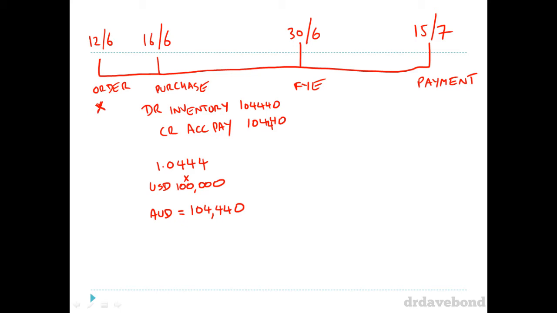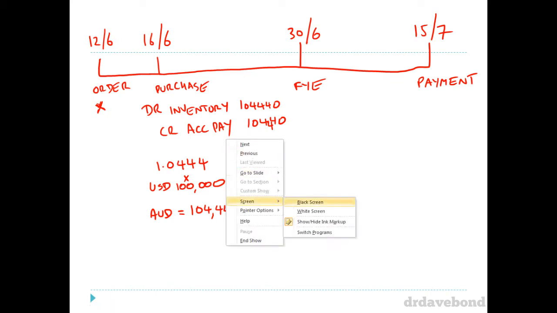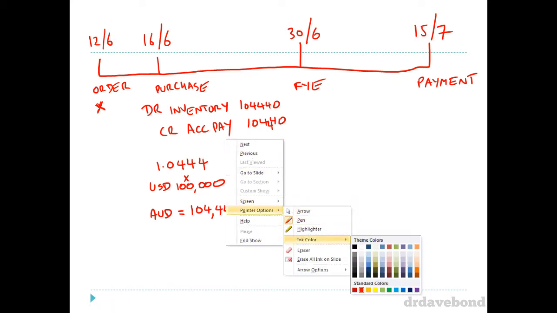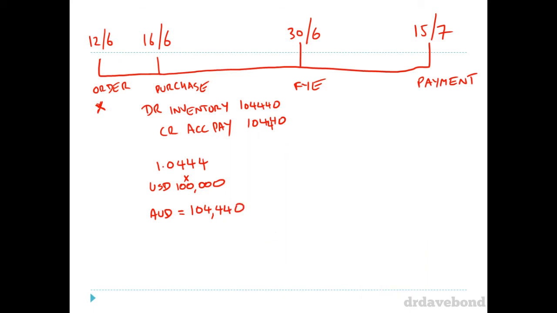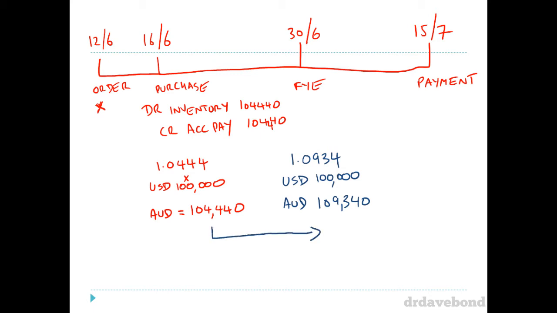So at the end of the year, we're looking at the closing rate to deal with the accounts payable. I'll change the ink color. And the exchange rate at this point in time is 109.34. It's gone up by